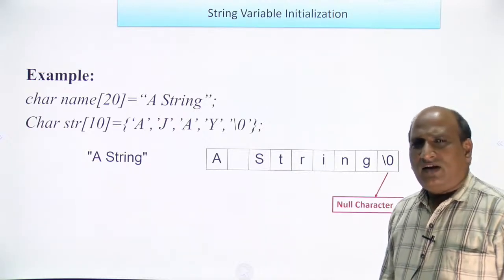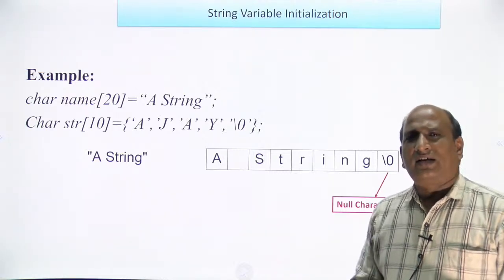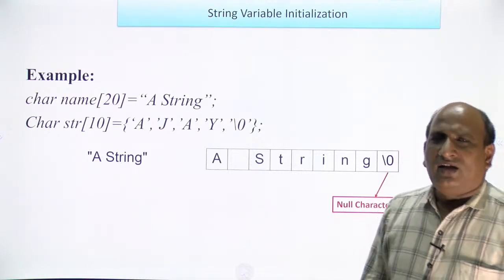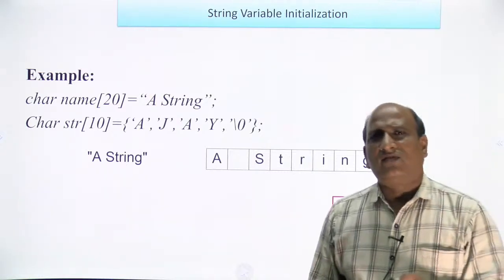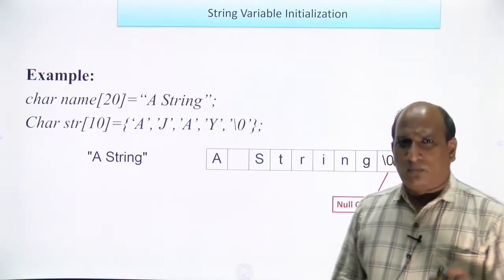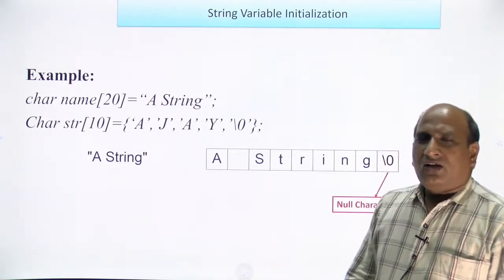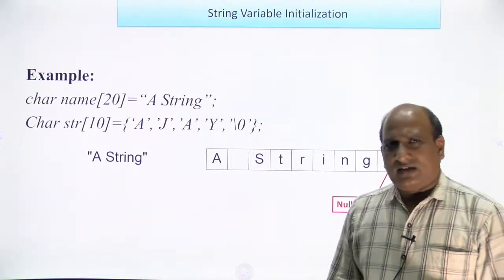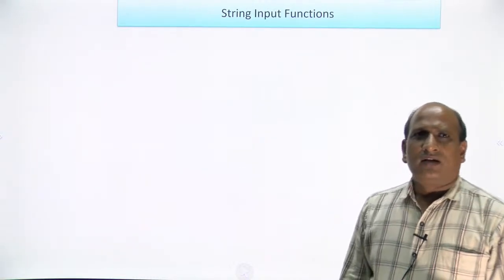So whenever we assign a string to any character array, the compiler automatically stores a null character at the end. We need not store it, it will be automatically stored. But whenever you create your own string, which we will see later through programming, it is our responsibility to put a null character at the end of that string, so that it may be treated as a complete string. Okay, so